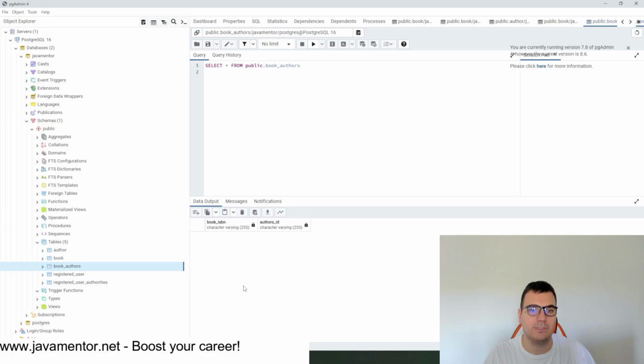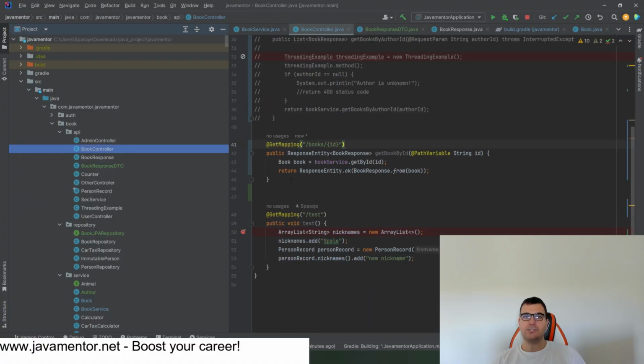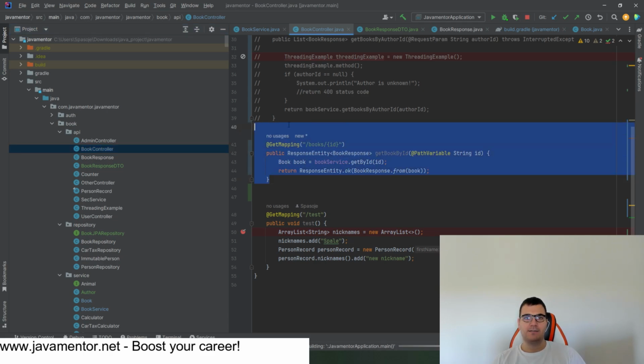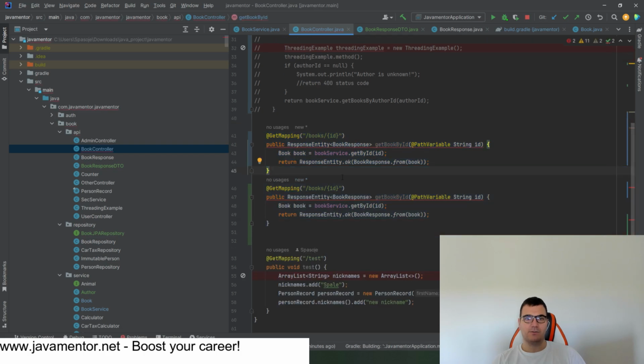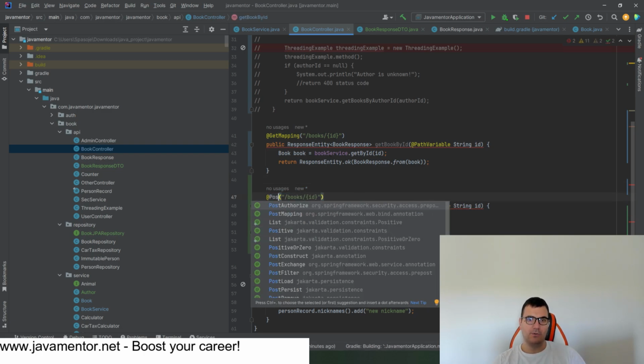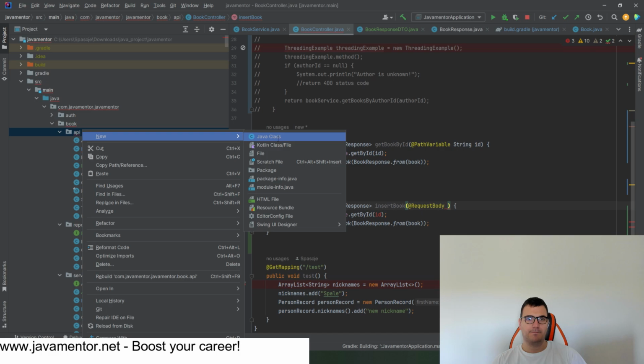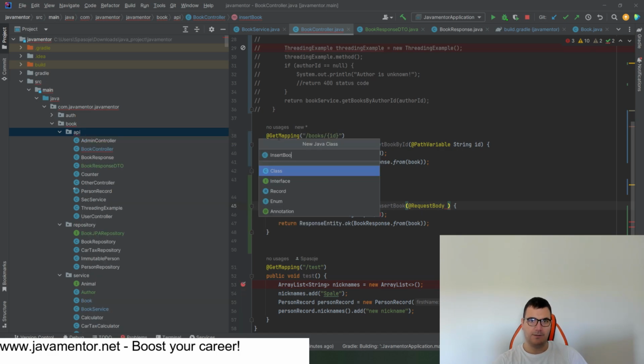Let's add one book. Okay, let's get back to our code, and it's a good idea to create one endpoint for adding books first, because we have an empty database now, right? So if we want to insert new books, that is a post endpoint, right? So post mapping, and we want to say books, and here insert book, and then we need to go through the request body. We need some book request, insert book request,